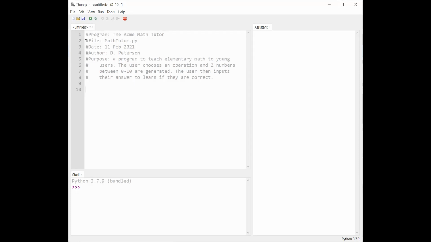So basically, we're going to have a math tutor. We're going to generate, at least at the beginning, two numbers. And the user is going to pick addition, subtraction, multiplication, or division. And we're going to keep it at the elementary level. In other words, we're not going to deal with fractions. And I'm going to show you how to do that so that we don't get